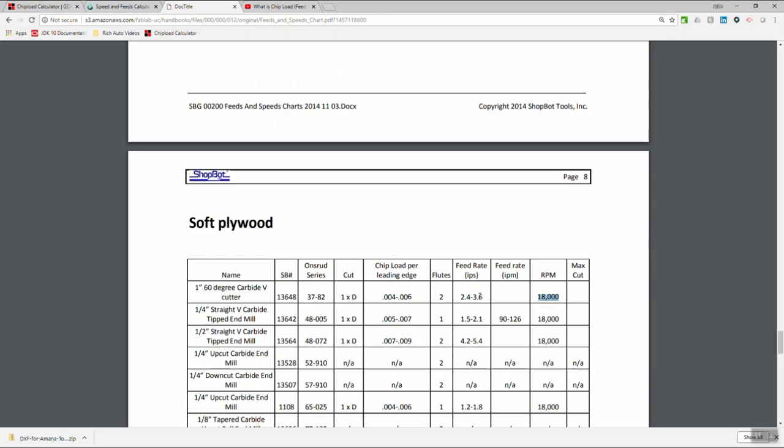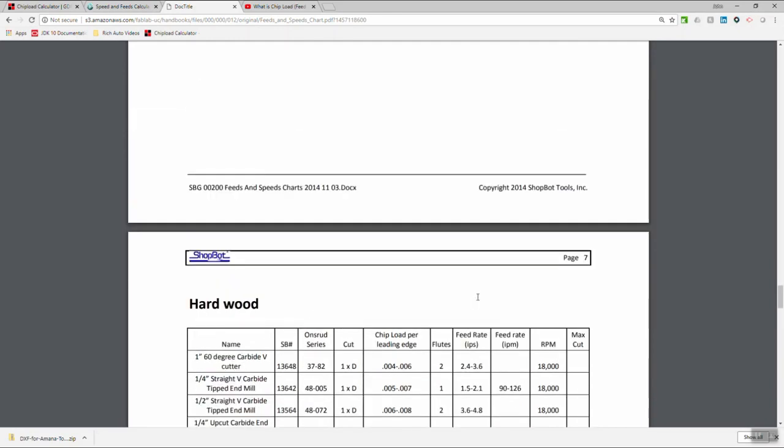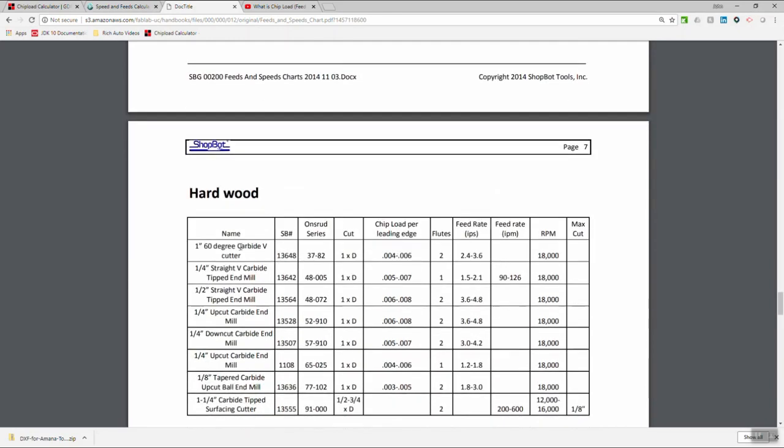So I bet that if I were to come up here to the hardwood, let's just go straight to the hardwood, and we look at the same bit. And now we can see the 18,000 RPM, and the feed rate is 2.4 to 3.6 inches per second, and the chip load is 0.004. Now, this one is obviously a lot harder, so you're going to be a lot more careful whenever you cut